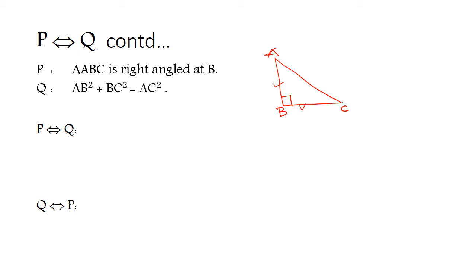So we know that. It's a very common theorem, the Pythagoras theorem. So this is implying this. The other way the statement will also be true. That is, if I say that AB square plus BC square is equal to AC square, it implies that ABC is a right angle triangle and right angled at B. So this is how we use this logical connective.